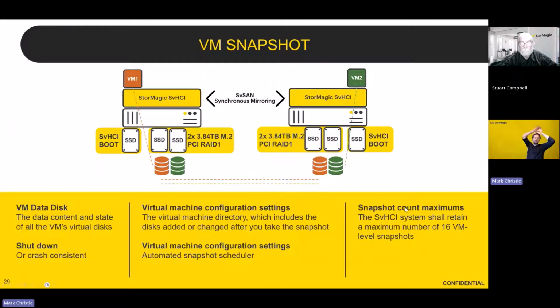We can see here that with our SvHCI 2.x release, there's virtual machine snapshot. So obviously, a really commonly used tool for patching and maintenance of VMs. Make sure that they're all in a good spot before you then delete the snapshot having updated. We can see there what it does is take a snap. That snap is effectively mirrored and can then be merged back in to that virtual machine as and when you're ready. There could be 16 snaps on a VM, and you can select the pool that snapshot then goes onto